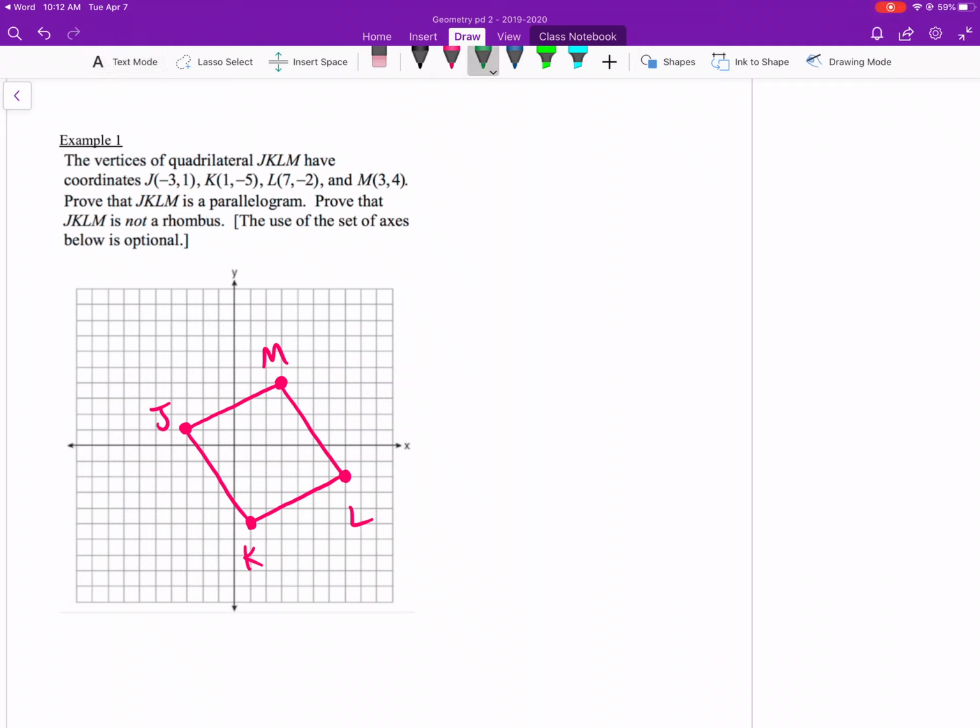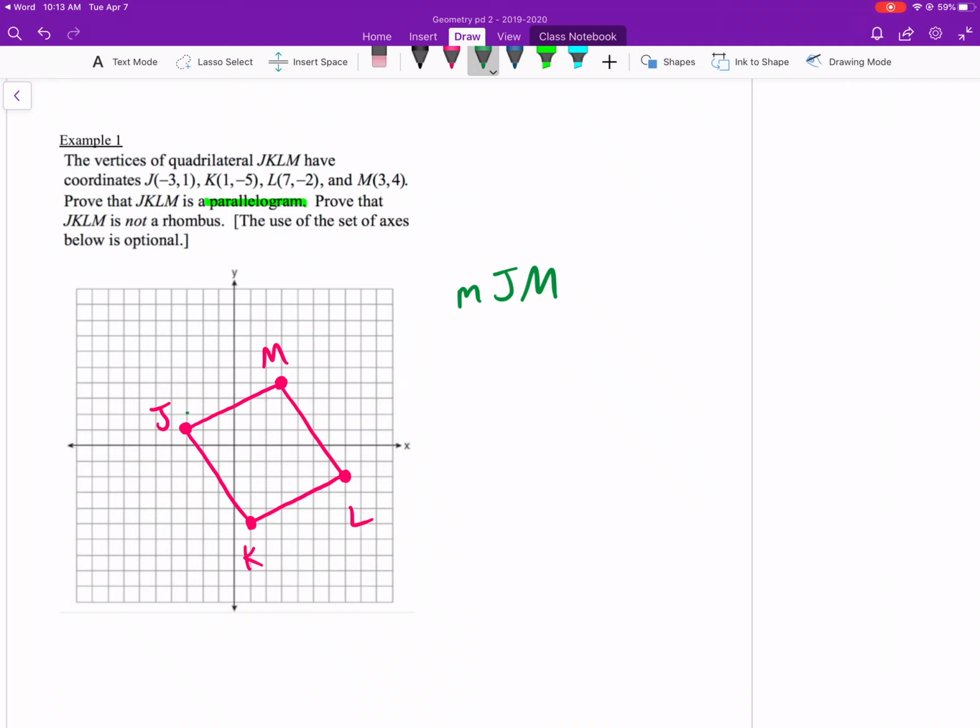So let's first focus on the fact of parallelogram. Parallelogram, simplest property you could think of. Probably that the opposite sides are parallel. The word parallel is in the word. Okay, so opposite sides parallel. How do we show parallel? Same slope. So the slope of